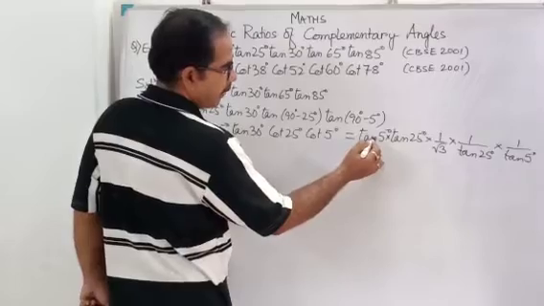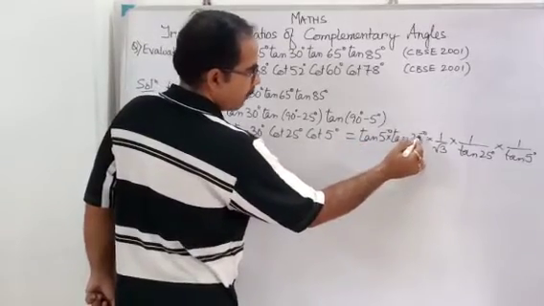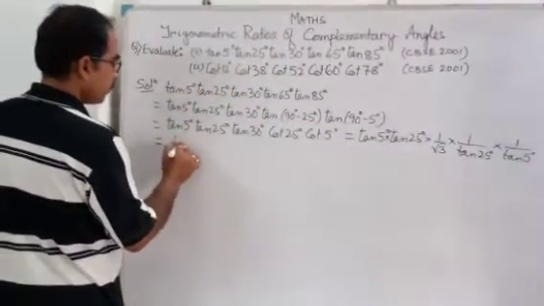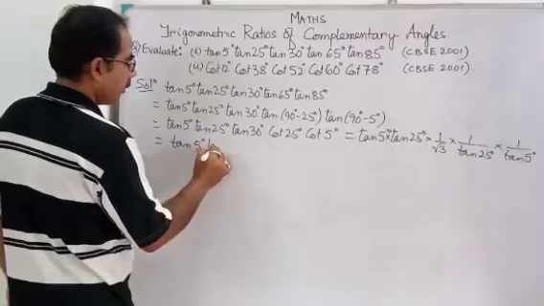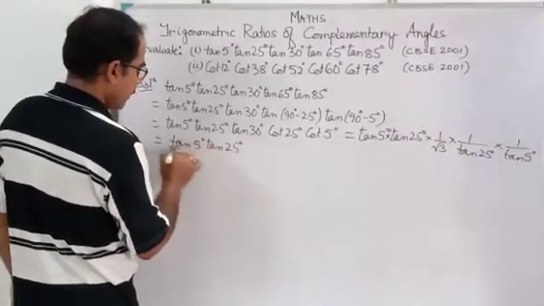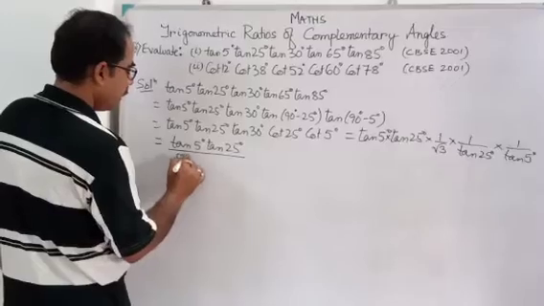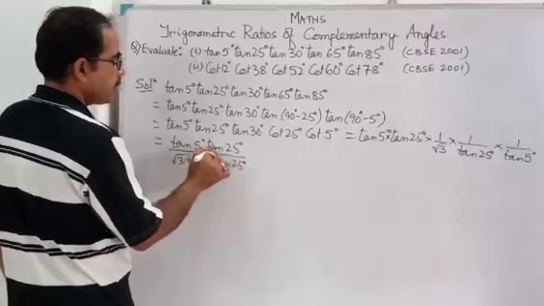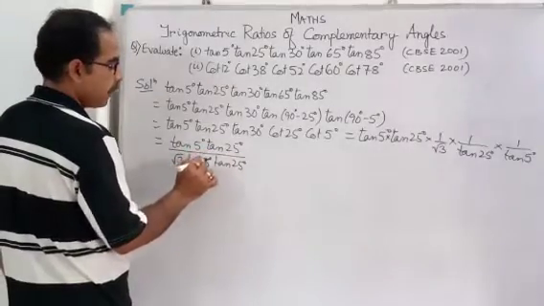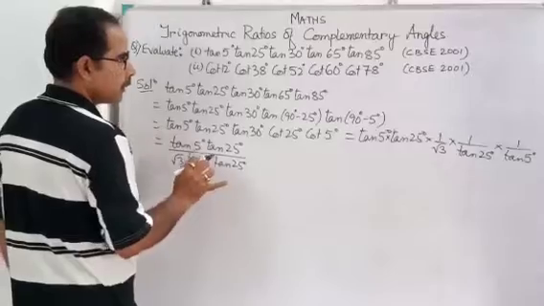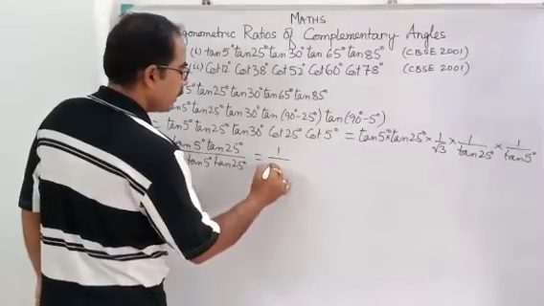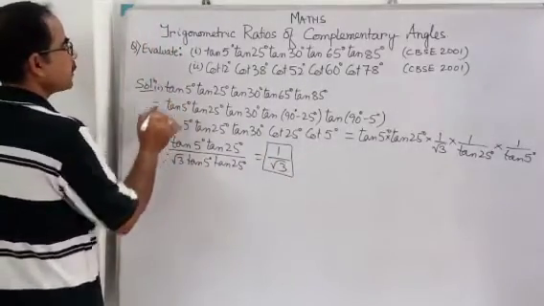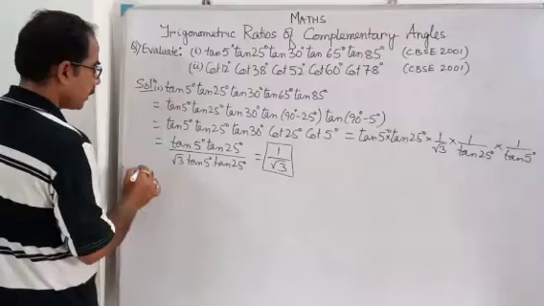In the numerator tan 5 degree is there, tan 25 degree is also there. In the denominator also same value is there. So all will cancel out. So just I am writing for your convenience, tan 25 degree whole divided by root 3 tan 5 degree tan 25 degree. So tan 5 degree tan 25 degree, and here also tan 5 degree and tan 25 degree all will cancel out. The remaining value will be just 1 by root 3. This is the final answer. Now the next one. This is the number 1 done. Now the next one. Next one is what?